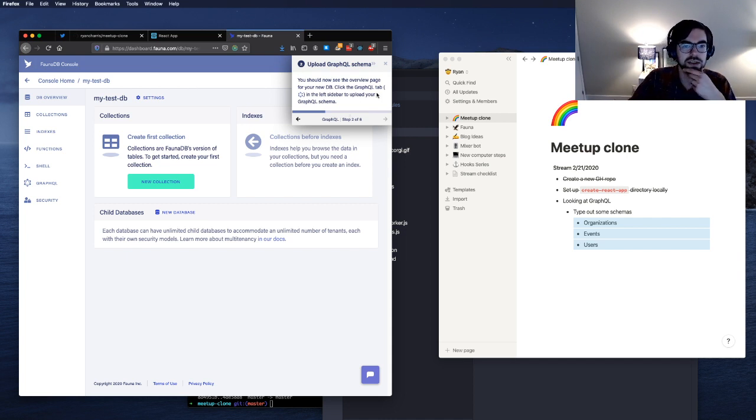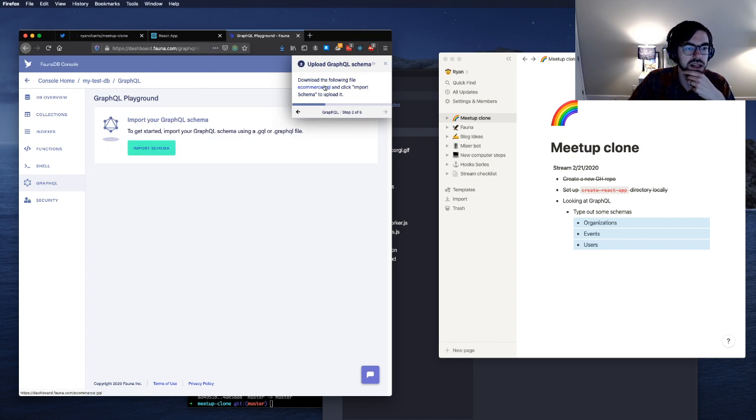So, click the GraphQL in the left tab, cool. And so this is why I wanted to run through this. This is the important piece here. What we have,